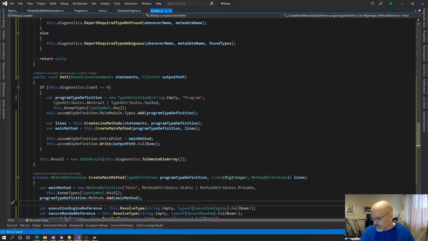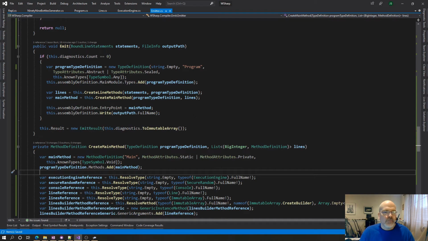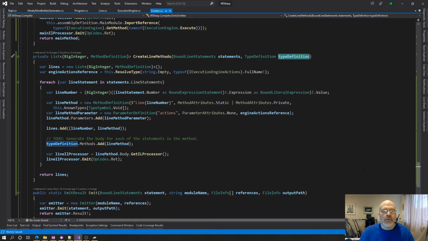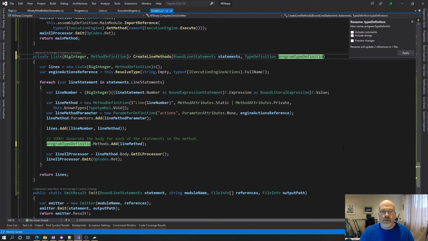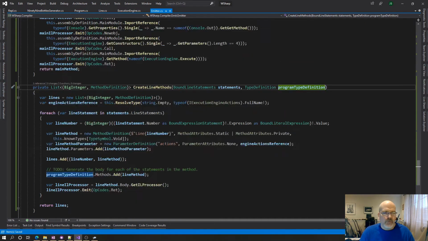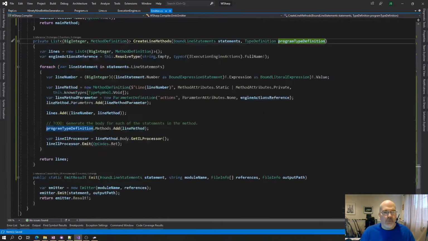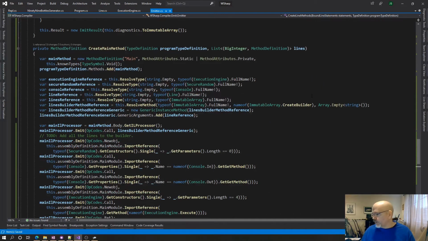So if we go back here, we emit, we create our program type, we create the line methods. I guess actually to be, oh no, why would I need in create line methods a program type definition? Oh yes, so that is program type definition. Yeah, we do need that because we need to actually physically add all the line methods to that, and we do want them to probably be private. Yes, okay. All right, so those will all be private to that. And then,